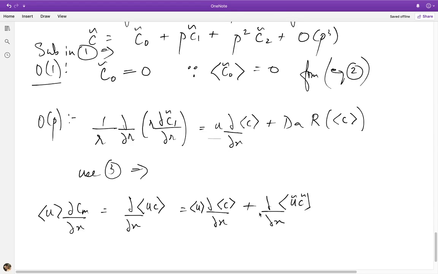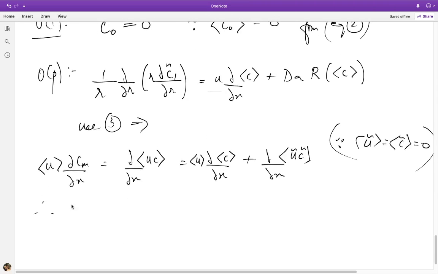Right, so this can be written as these two products. Why? Because if I have the other terms, such as u tilde times the cross-section average of c, they will go to 0 because the average of u tilde is 0. So the only terms that survive are these two. Okay, and so then this means that therefore from 3 I have the fact that d by dx